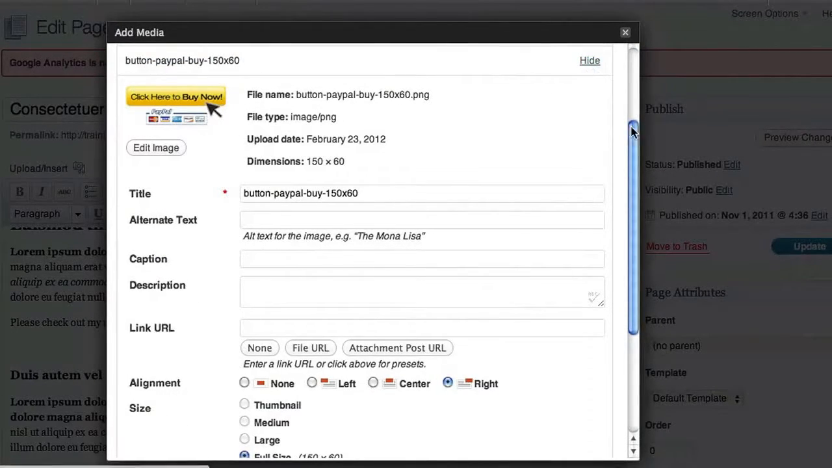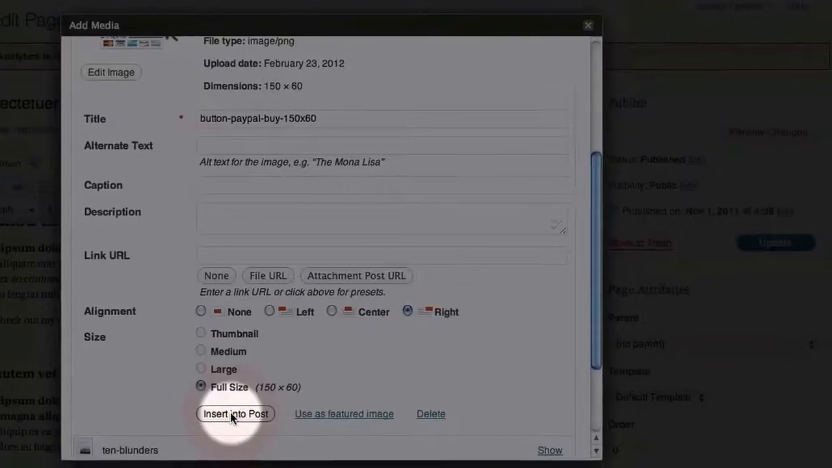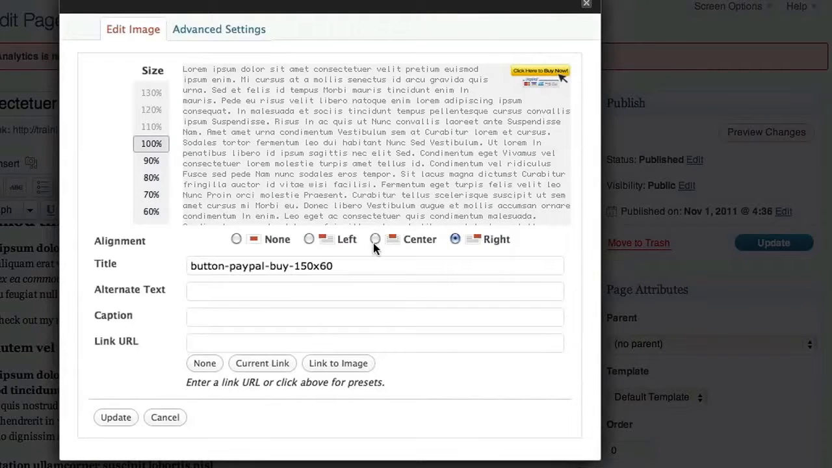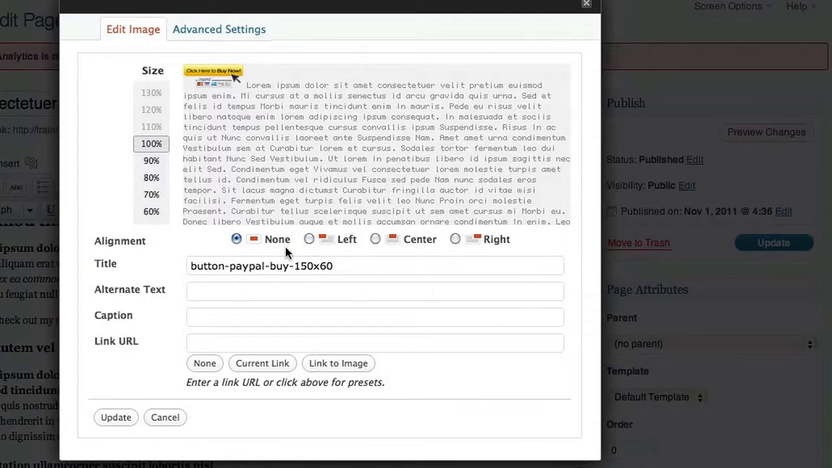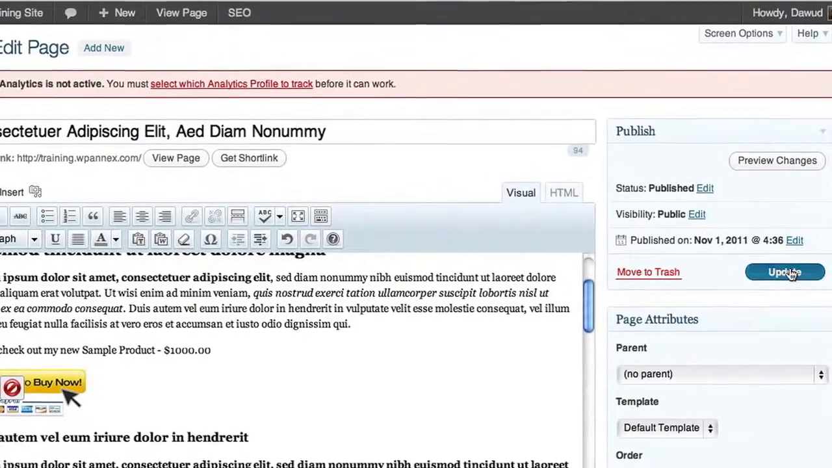Come down here, and just insert into post. There we go. And then you see our button in our post. Now I don't like its placement, so let's make sure that we put it over to the left. Actually, let's do none. If we do none, then it'll have its own line. Let's go ahead and update that. So there's our PayPal button. And let's go ahead and update this page